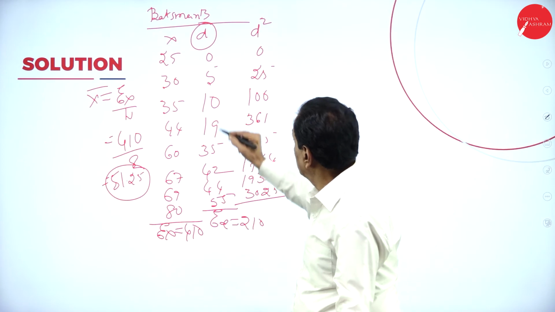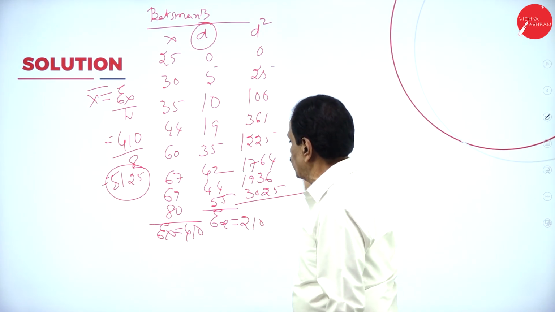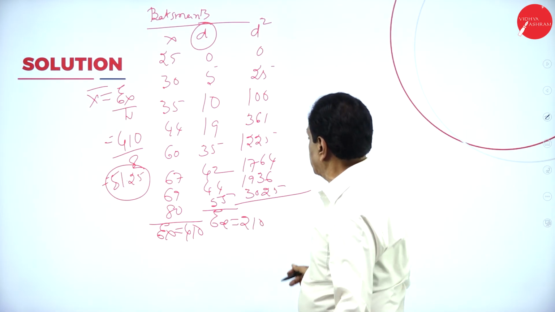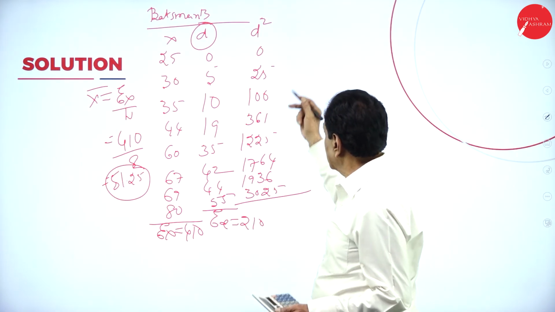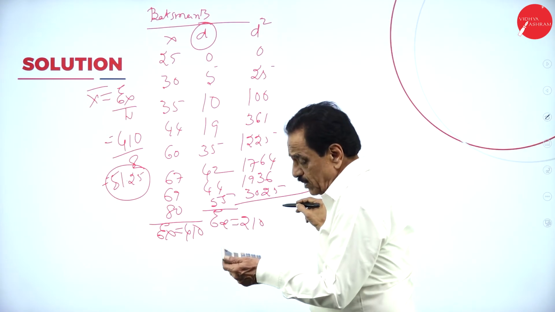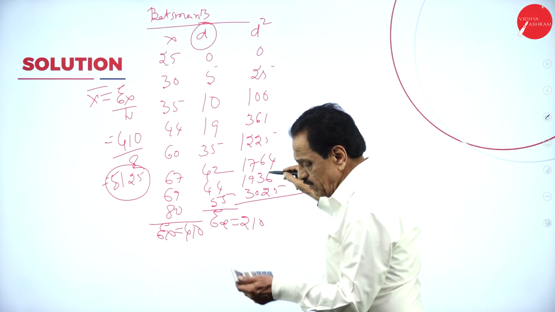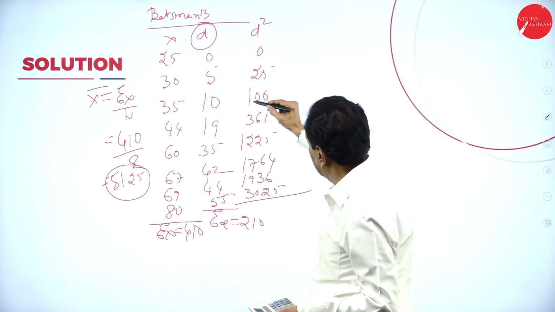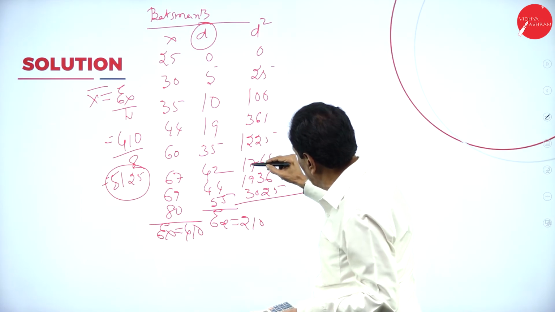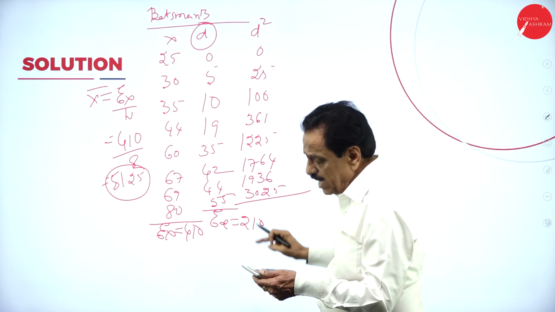Square of the number. This is 5 square, 10 square, 19 square, 35 square, 42 square, 44 square, 55 square. The next step, you must add the figure. 5 plus 1, 6, 11, 15, 21, 26, 2 plus 2, 4, 10, 12, 18, 21, 23, 2 plus 1, 3, 6, 8, 15, 24, 2 plus 1, 3, 4, 5, 8.